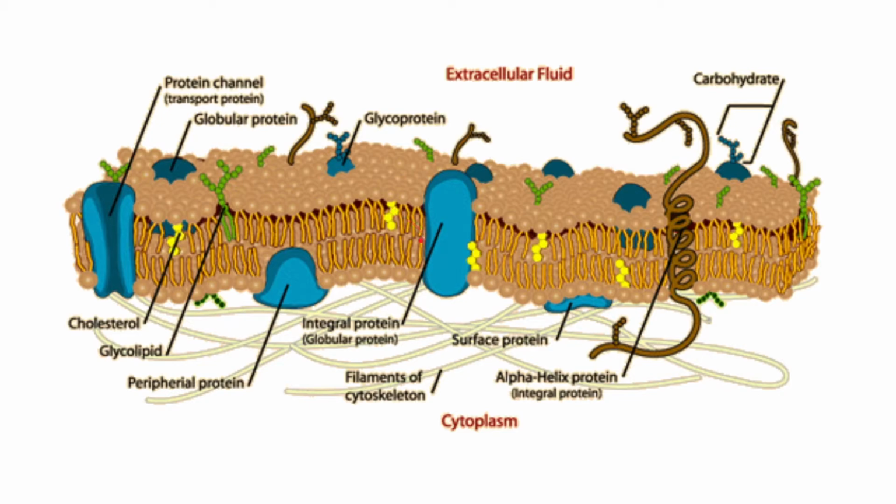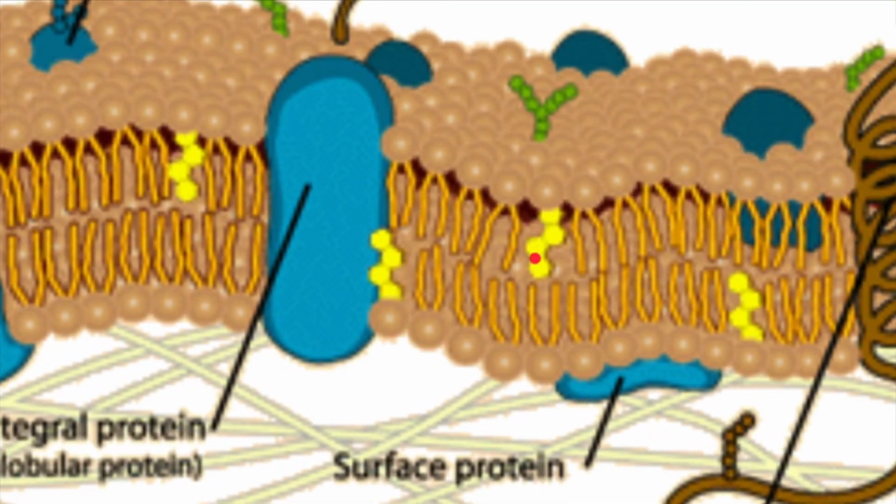and wedge themselves in there so that they're holding these phospholipids the exact perfect space apart, because if it were to get cold, they would want to crowd together, and when molecules crowd together, they solidify once it gets cold enough. And when it gets hot, they want to separate, because they've got so much kinetic or thermal energy heating them up and wanting them to get all excited and separate out. And what that does in that case is it grabs onto them and instead holds them closer than they would otherwise be. And I don't know if you can tell, but you can see that these have a very unique